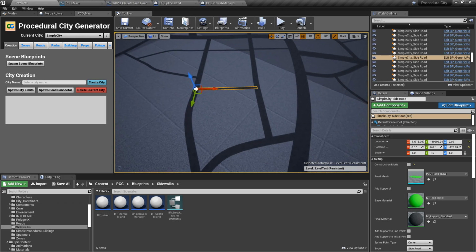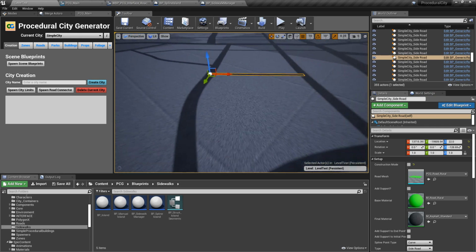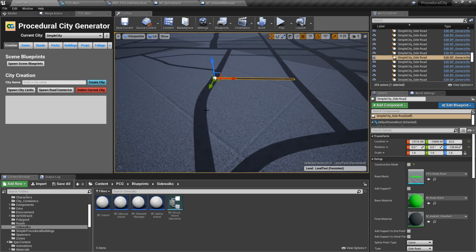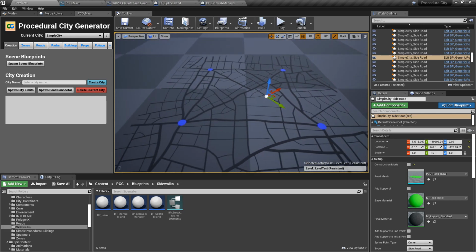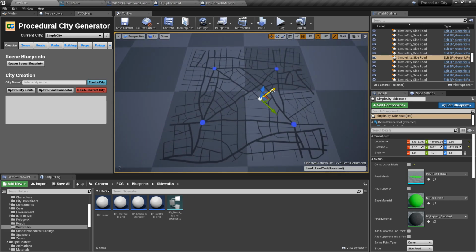Usually there's like a sidewalk, which means that you have like a little concrete island that's a little bit above the street with a certain material, and then the buildings will be on top of it, right? And that has been a question that I've had for a long time. How do I create sidewalks, right? That has been a pretty challenging problem that I need to solve, and I still haven't solved it, by the way. But it's always been in the back of my mind as something that I have to figure out